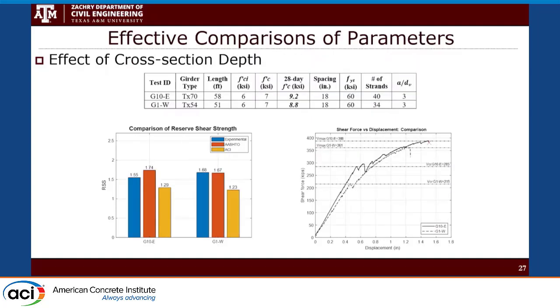And we also looked into the size effect of the girders. The first one you see is a TX70 and the next one is a TX54. Even though, because of the girder depth, the ultimate strength is really high, the RSS is less than what you see in the TX54. This is because of the size effect, where the smaller TX54 had more confinement of concrete, resulting in a higher RSS